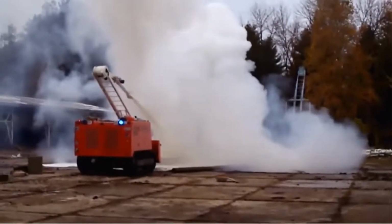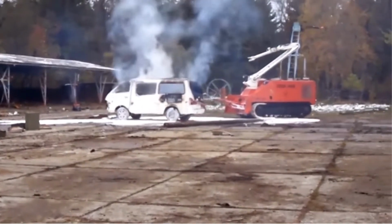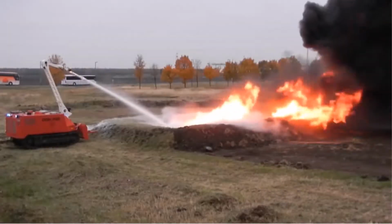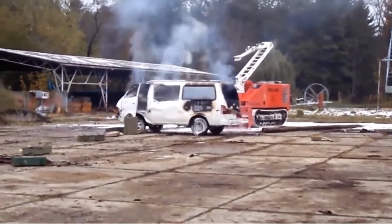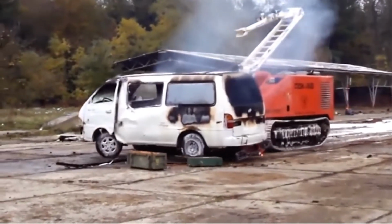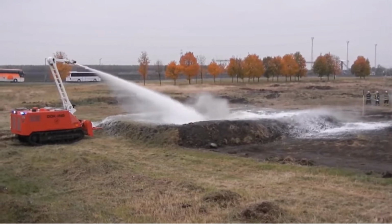Is becoming more advanced every year. MVF-5 is a multi-purpose firefighting vehicle developed by the Croatian company Doc Ing. Its main feature is that it can be controlled remotely, which means the operator is safe at a distance of up to 1,500 meters. At the same time, the vehicle has an optimal size to get into hard-to-reach places. The engineers provided the MVF-5 with 2 tanks, one for